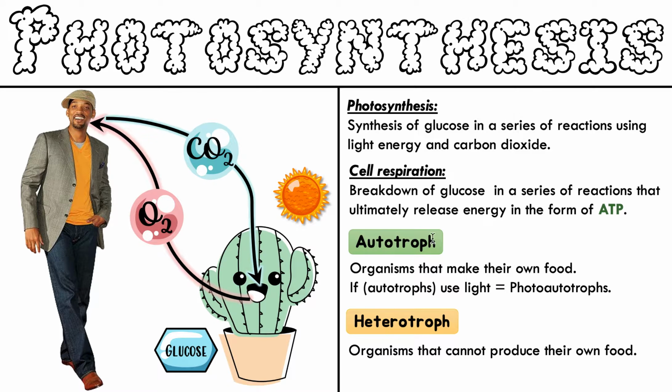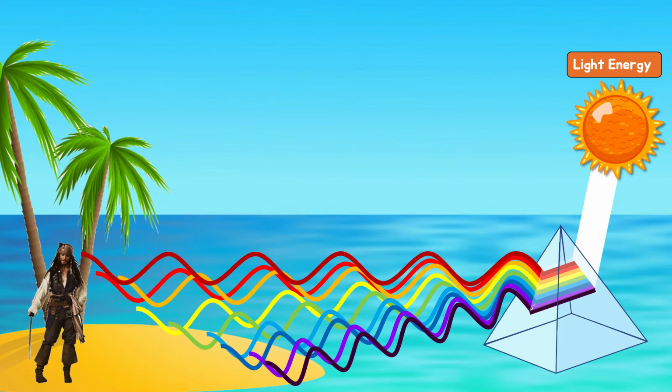Know these definitions, know what the difference is between an autotroph and a heterotroph, and remember, a plant can do photosynthesis and cell respiration. They make their own food and they eat their own food. They don't just do photosynthesis, okay? And we would only do cell respiration. We need to eat our food from somewhere else. Awesome. So now let's look at something in a bit more detail.